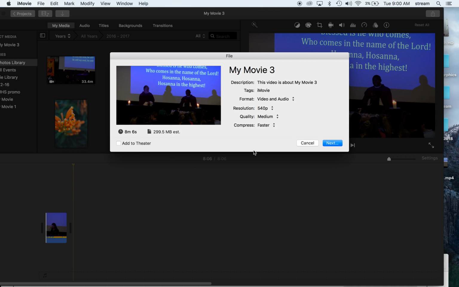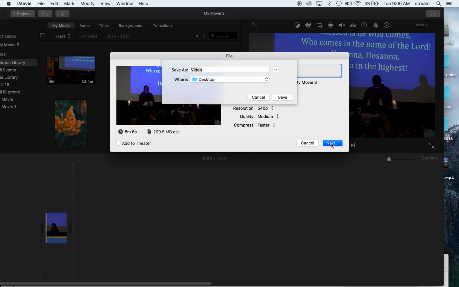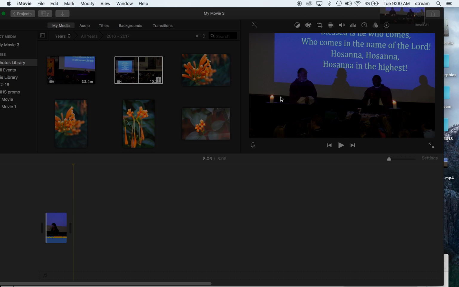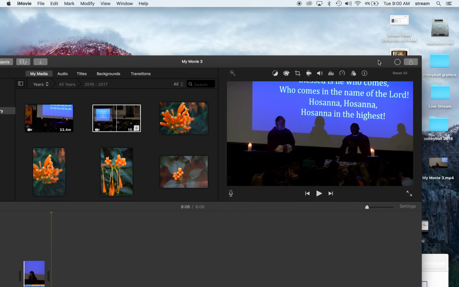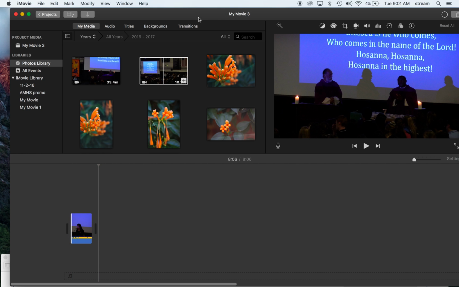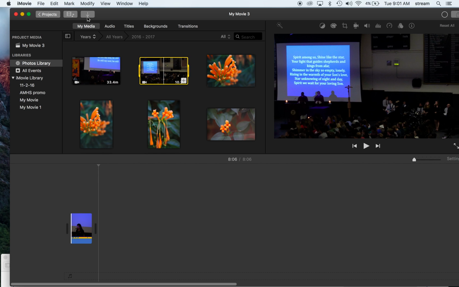And then once I'm set there, I just name my video, and I can hit next. It's going to ask me where I want to save that. I'll save it to the desktop, and I can click save. And then that file is going to start to output, and we'll start ticking. And when that file is done outputting, it'll give us a message. And then if I go back here,